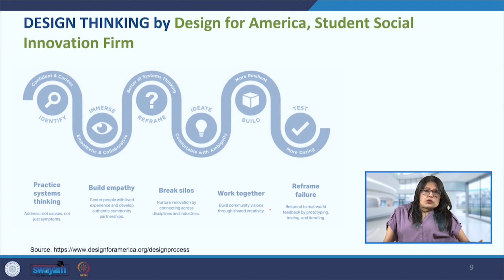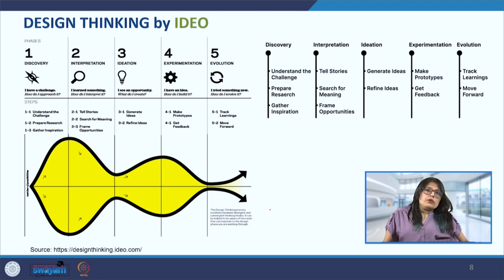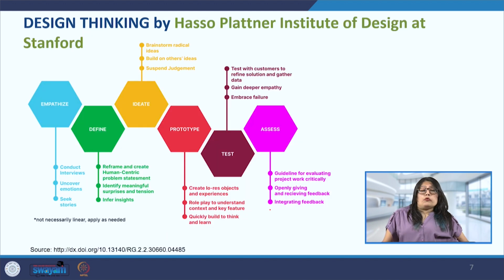So these methods also emphasize the iterative processes, where ideas are continuously refined through cycles of prototyping and feedback. And collaboration, of course, is very important, because the design team is a mix of many different people with different backgrounds. So the importance of creativity and open-mindedness becomes very important, and also in generating solutions that will be useful to a larger number of users.